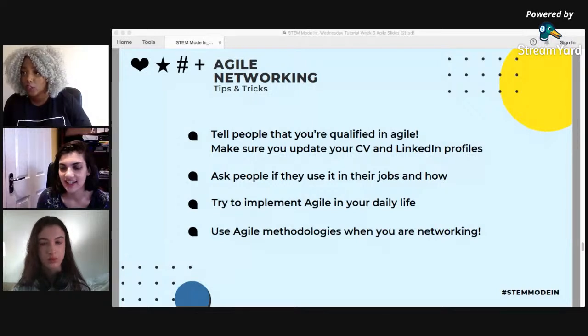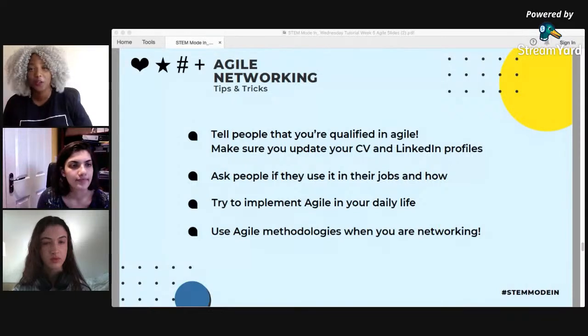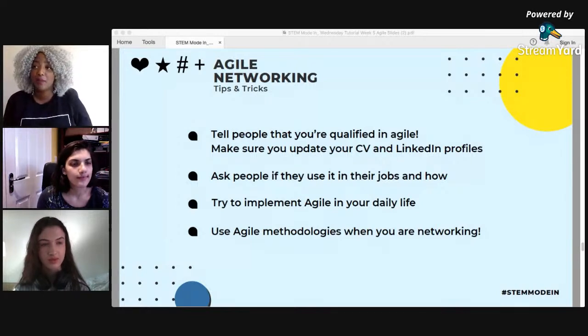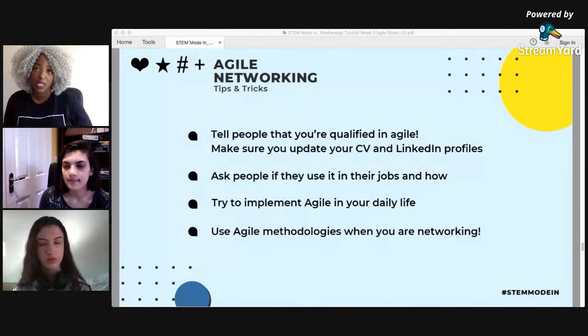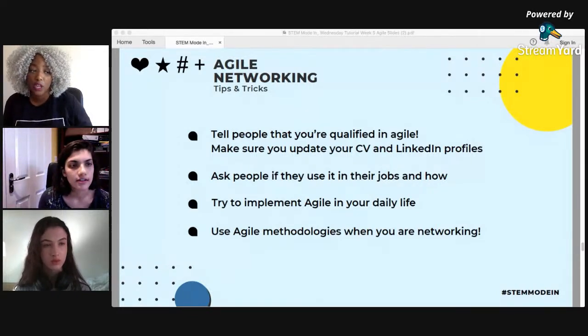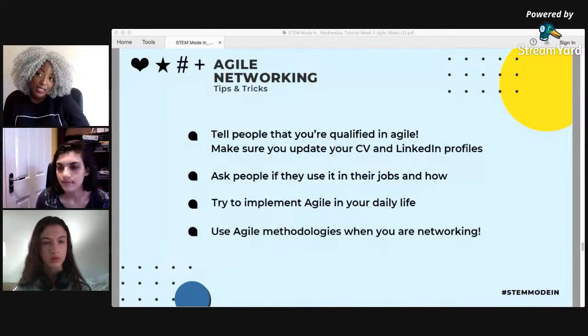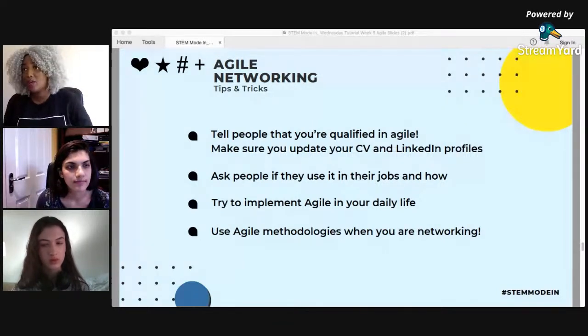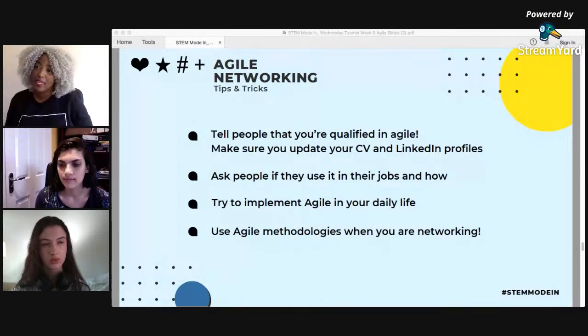And like you're saying, it's quite a good way to connect with people, because if you're a young person who is talking about Agile, they're going to be impressed that you know about it and that you spent the time to be on a session like this to understand some of the different tools that you can have in Agile. But also, like you said, trying to implement it in your daily life means that even if you're afraid of starting something, or apprehensive about doing it, or you don't want to do something big,